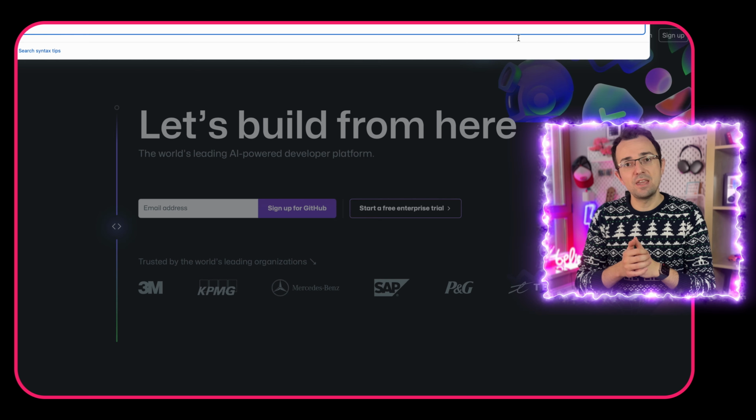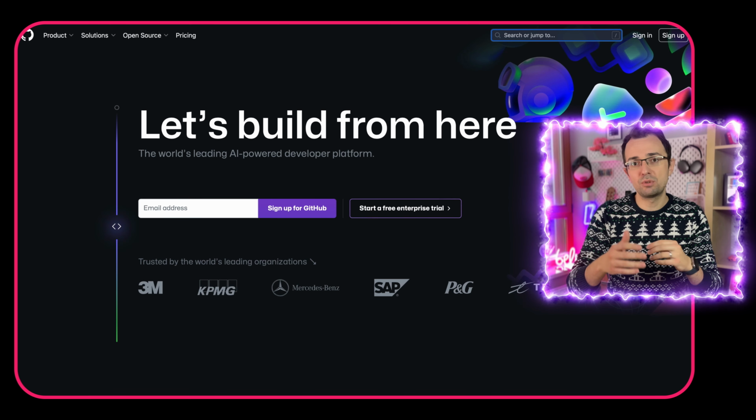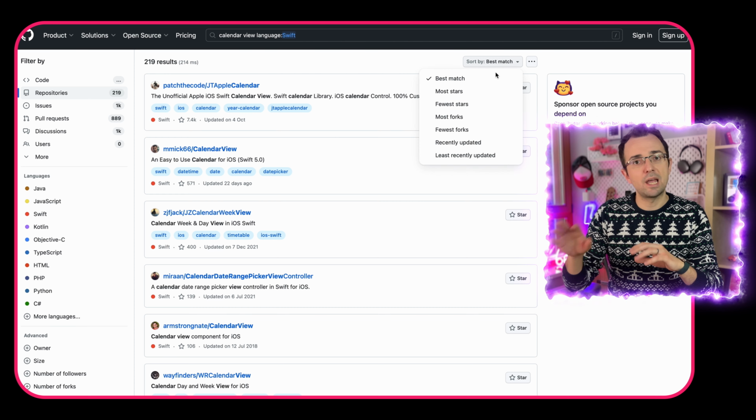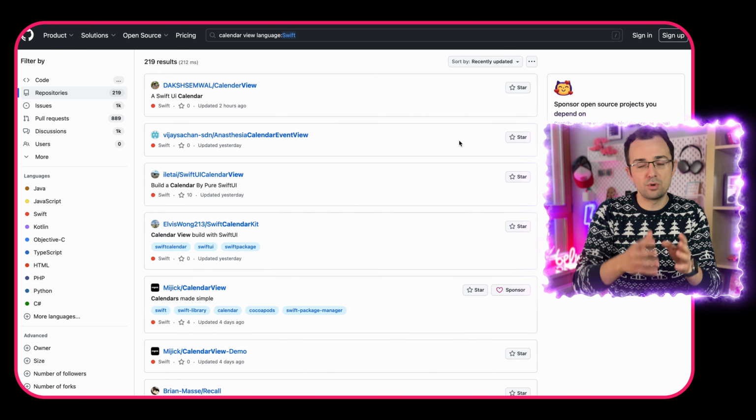And don't forget to install the visionOS simulator so that you can preview visionOS apps on your MacBook or on your iMac. Another great resource to speed up your development time and extend your app functionality without having to reinvent the wheel over again are open source packages provided by other developers just like you and me. So for example, if you need a calendar view in SwiftUI, you can just go over to github.com and search for calendar view Swift or SwiftUI.